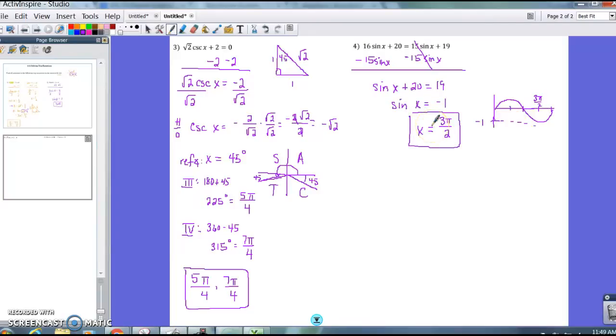So again, once you find that value for x or theta or whatever the variable is, then you have to go through the process of figuring out which quadrant it's in, and then figuring out the measure of the angle in that quadrant, and then finally converting it into radians because the interval they wanted the answer in was in radians. Okay, so we will talk more about this next class, like I said, but this should help you